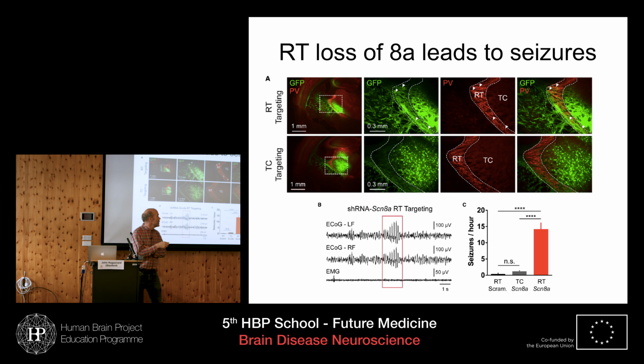All you need to do is reduce the expression of one sodium channel in one brain region. Is it sufficient to induce seizures? And this is really the first demonstration of a thalamic origin for thalamocortical epilepsies. As Alain said, there's much evidence that cortical hyperactivation is often an initiating event in the generation of seizures. Here, this shows that the specific deletion of one particular protein really affects the circuitry in the thalamus in a way that can produce thalamically initiated seizures.